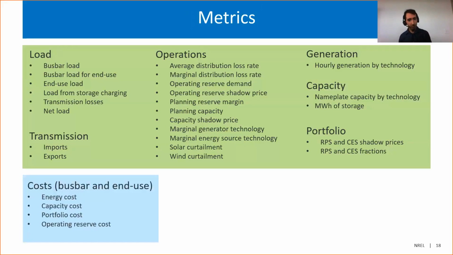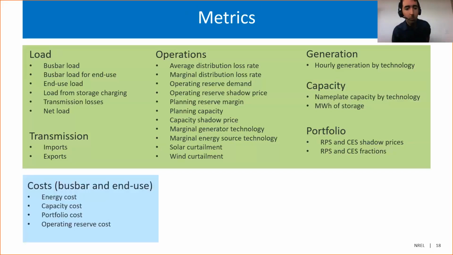Another set of metrics that frankly is probably more applicable to many types of analyses is marginal costs. We report them at both the bus bar and end use level. End use is if you're doing analyses at the end use, so when you're consuming electricity, like a building or something, we want to use the end use values. Whereas the bus bar is meant to say if I'm a generator operating at the bulk power, the wholesale level, and I'm injecting into the grid at that level, then I'd want to use those metrics. So we have two different values here.